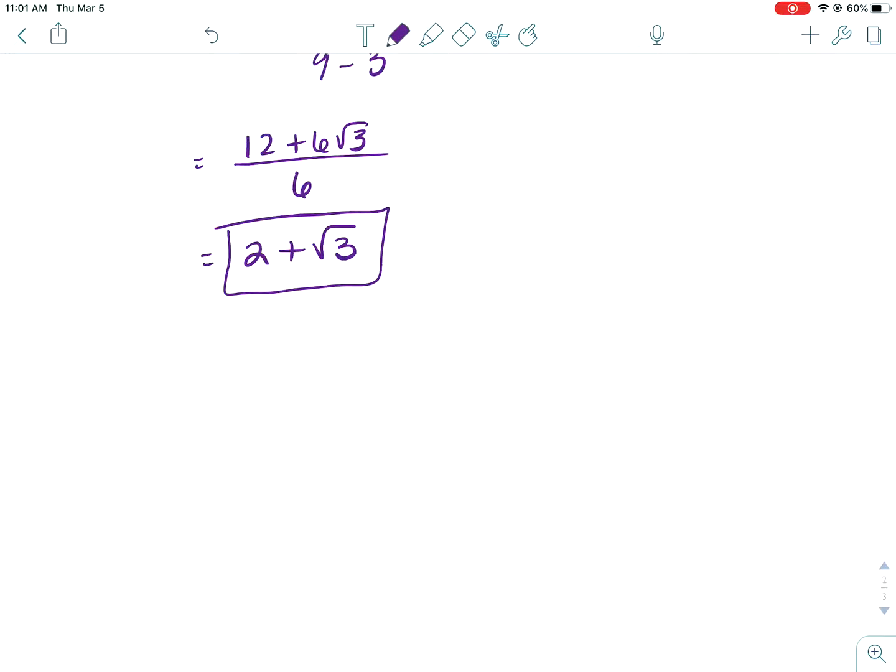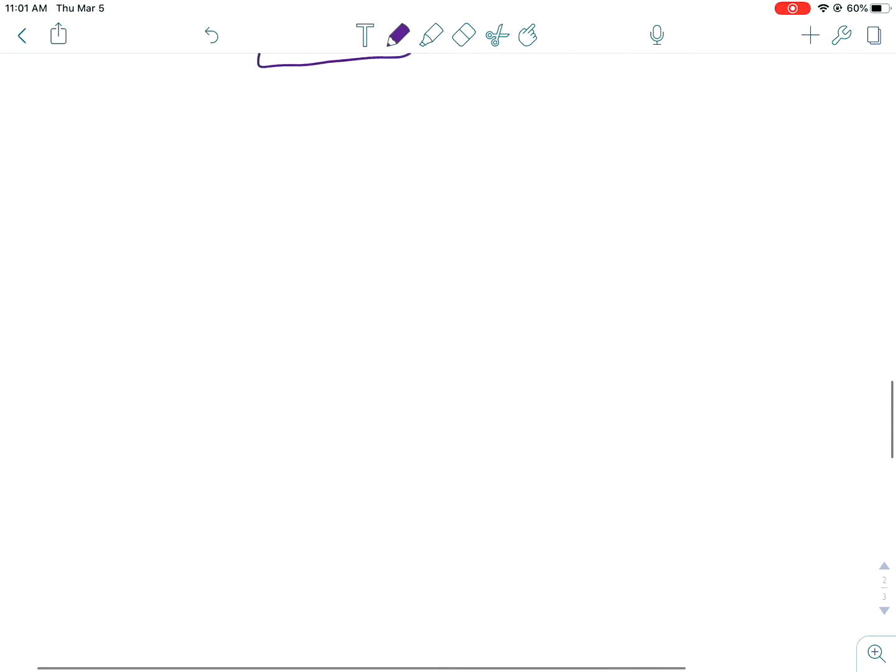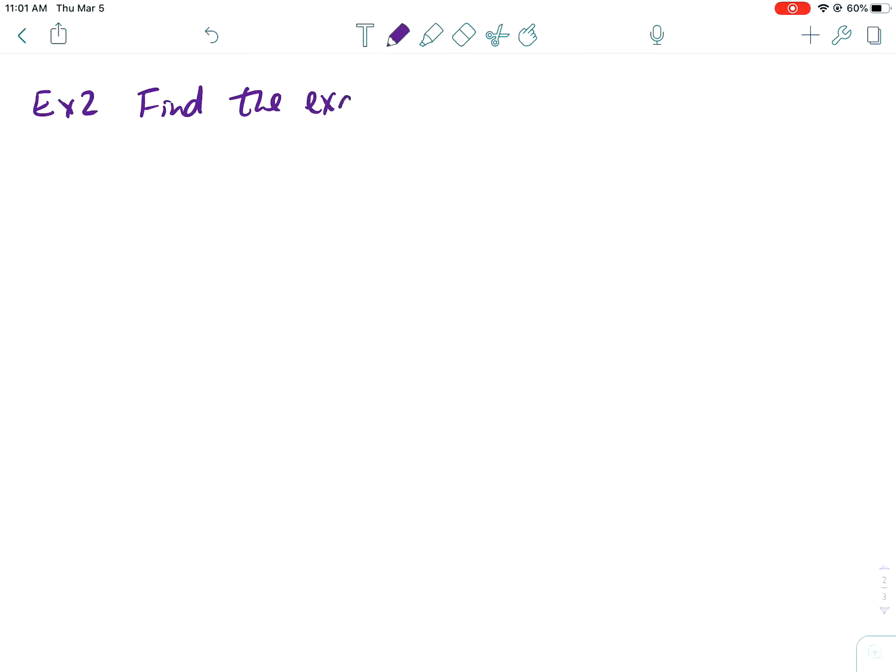Okay, our last example is different. We're still going to use the same formulas, but the setup of it is going to be different. We're not going to have special angles, so it's just going to be slightly different. All right, so our directions on example 2 are to find the exact value